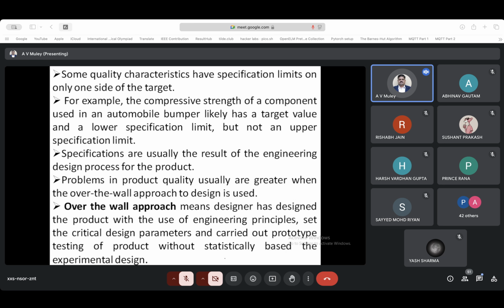So you have a target value or a lower specification limit. अपर वाला उससे ऊपर चला जाएगा तो फेल हो जाएगा, तो इसलिए ऊपर नहीं होता. तो आपके पास एक इसमें टारगेट वैल्यू होगा, लोअर लिमिट होगा कि